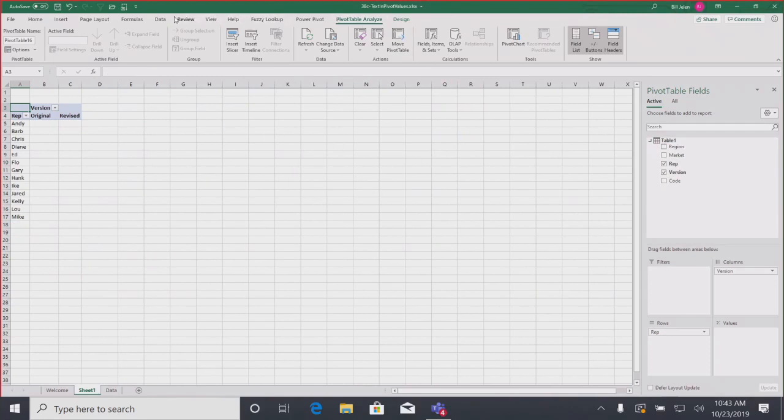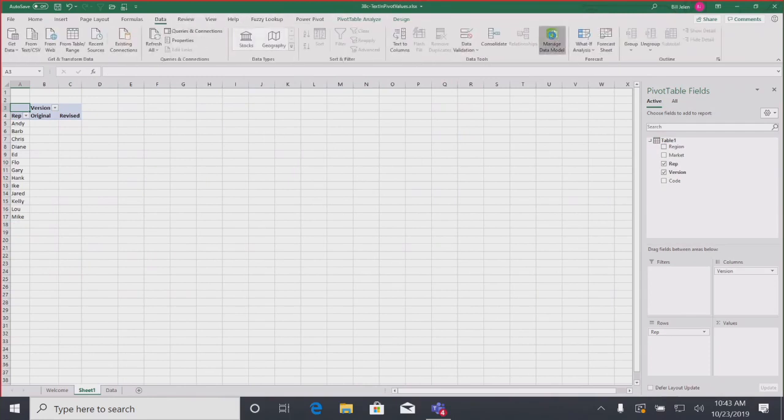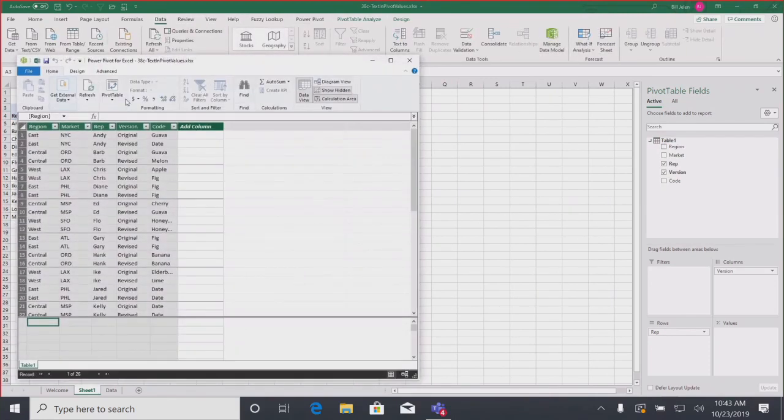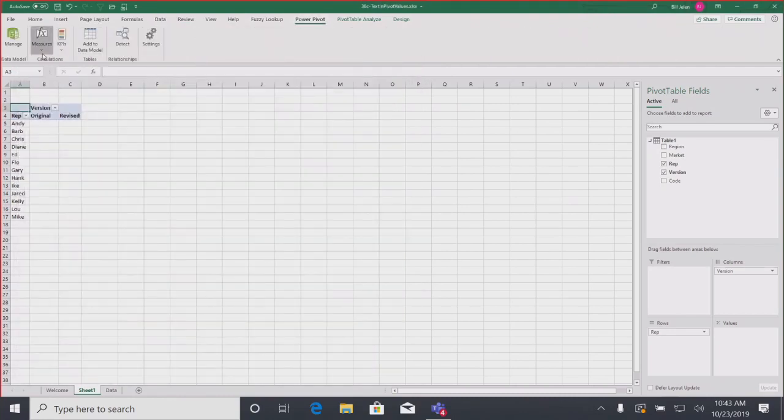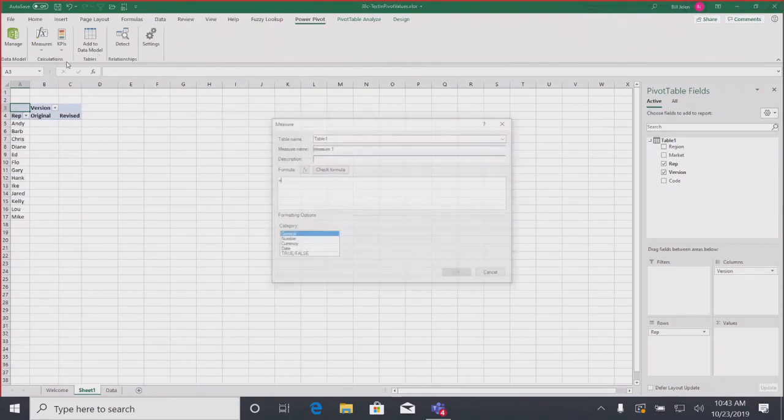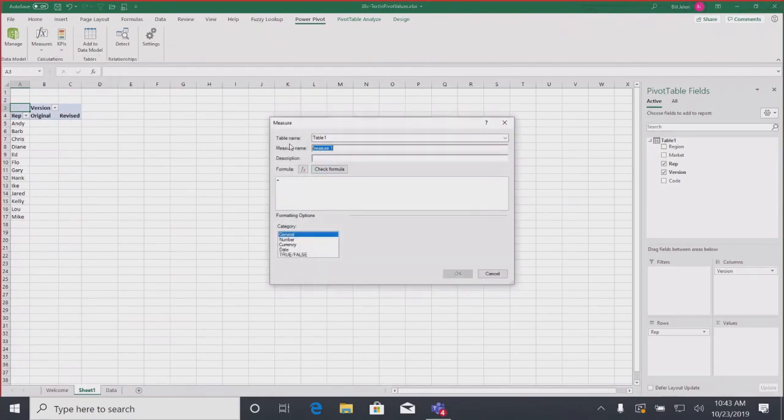Let's take a look at the other way to do this. On the data tab, click the manage data model. Oh, that's not where I wanted to go. Sorry, I never actually do it this way. I wanted to come here to the Power Pivot tab and say measures, new measure. And we're going to say all